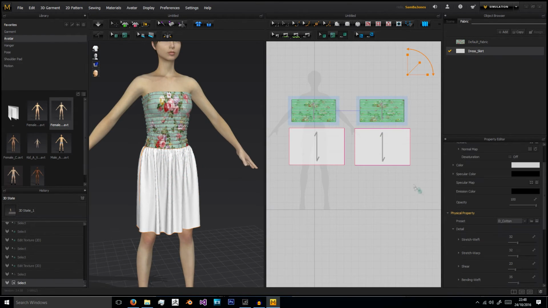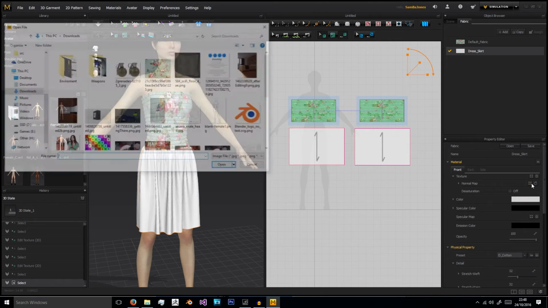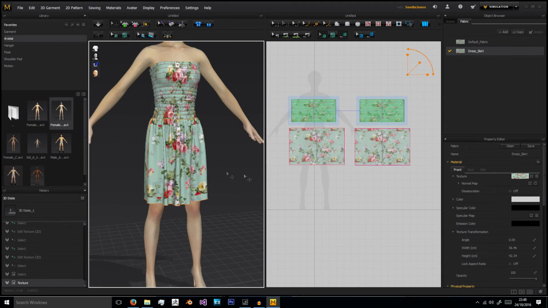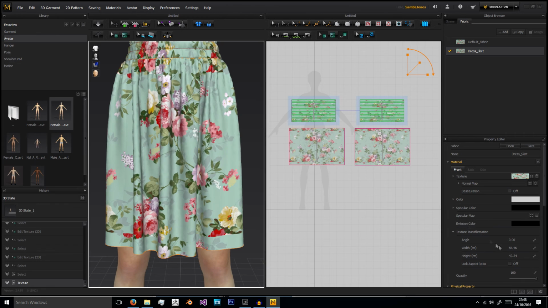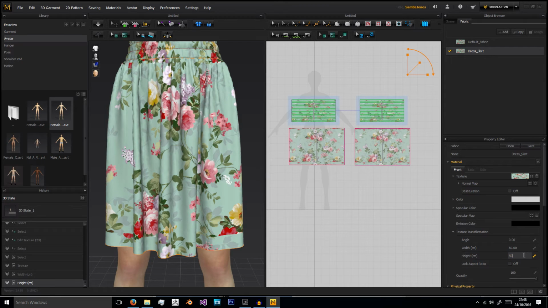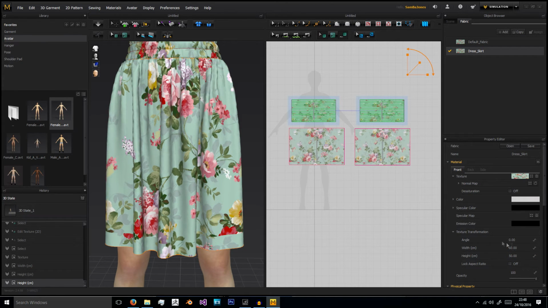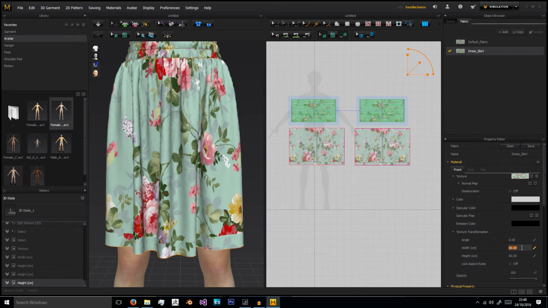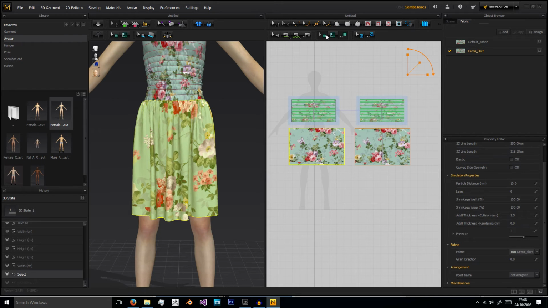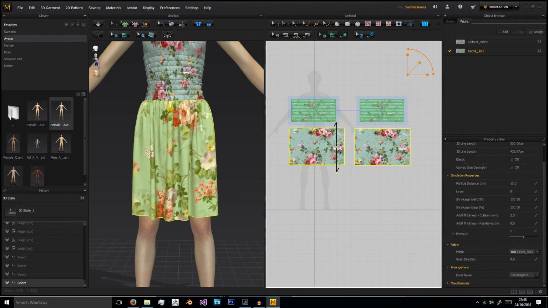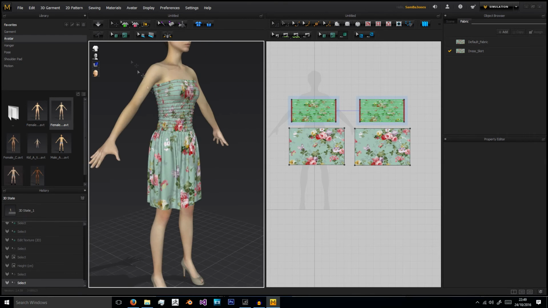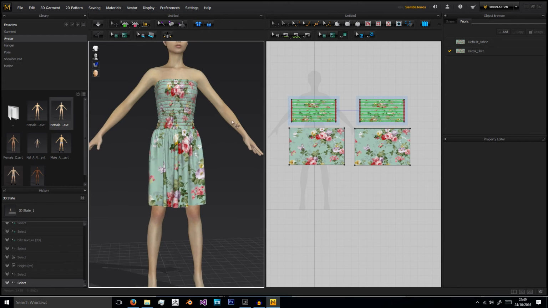And now we're going to do the same for the dress skirt. So I just use the same picture, texture, that picture, and same thing here. I'm going to do about 60, 45. As you can see, the skirt is actually a bit longer, so we need to give it a good design height and width to stop it from having that obvious tiling. So now I've got this nice looking flowery pattern on my summer dress,